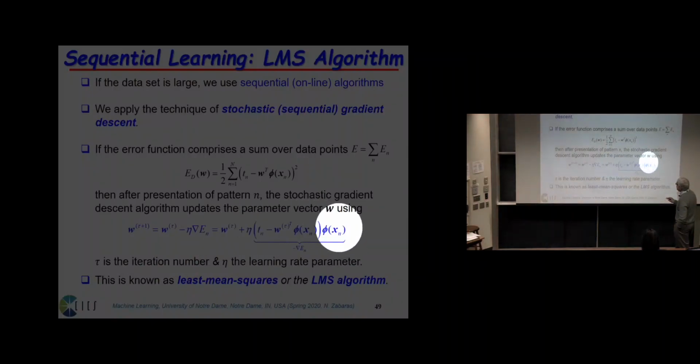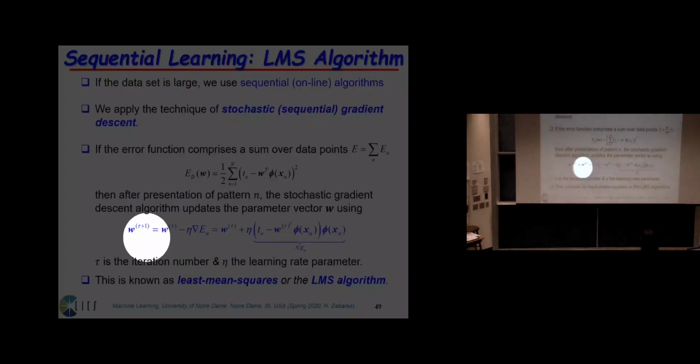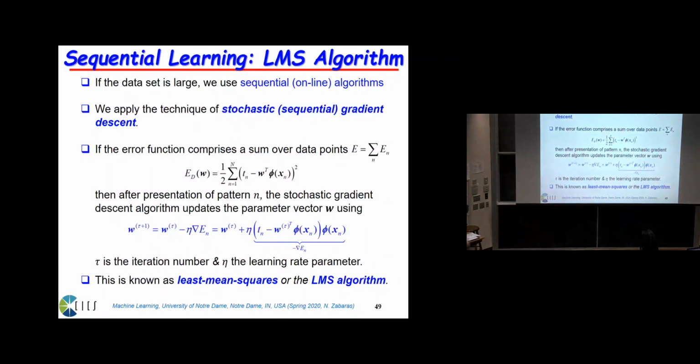Now, the only thing I'm going to say, and you need to trust me on that, is if you take this simple formula, even if I give you 1,000,000 points, it's very possible that you will be able to find the parameters correctly, even maybe after 50 data points. So you don't have to take all the data points all at once. One point at a time, and this idea converges. Now, this method is extremely powerful in machine learning and, of course, in deep learning. And at least in the context of this course, it is called the LMS algorithm, the least mean squares algorithm,